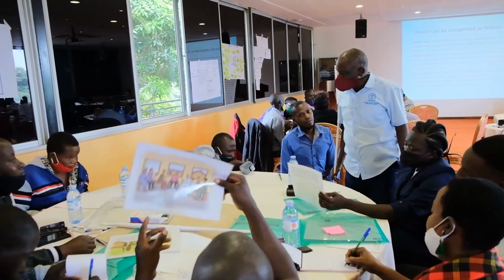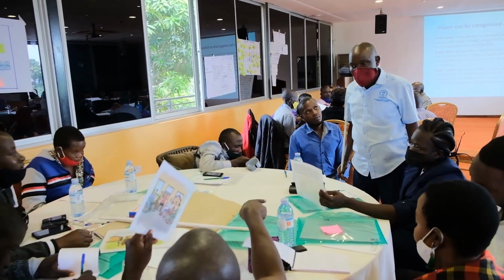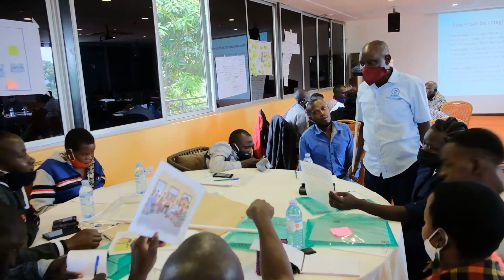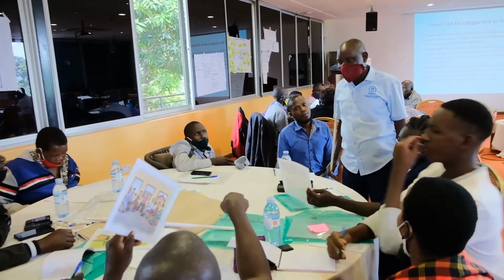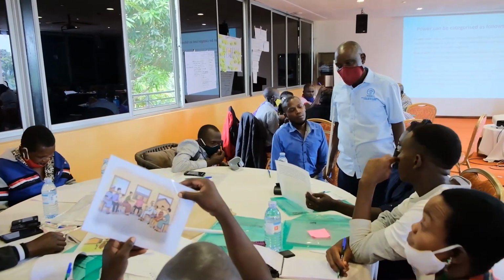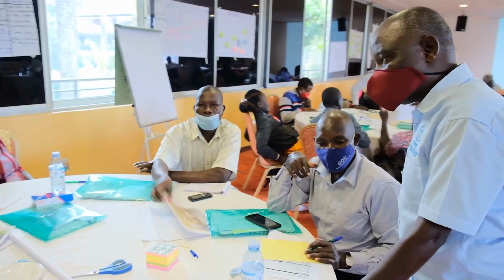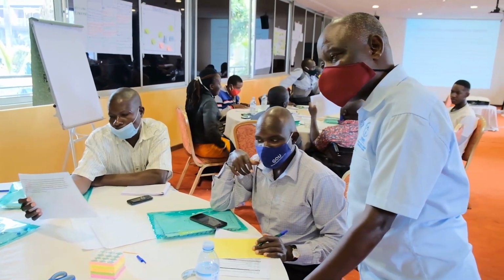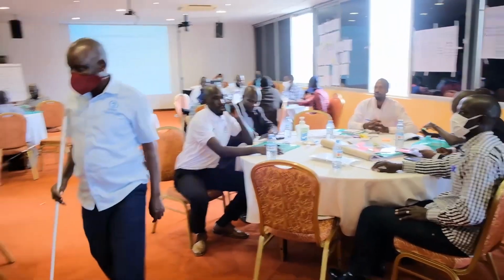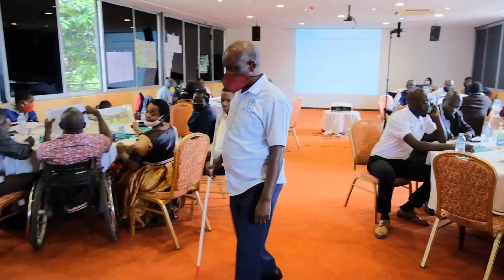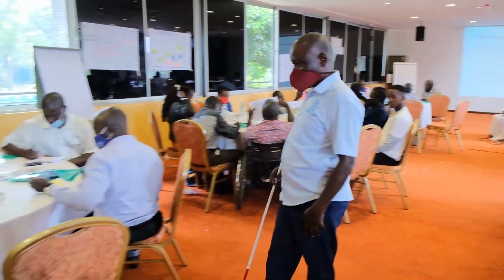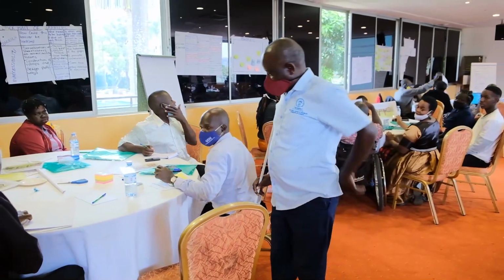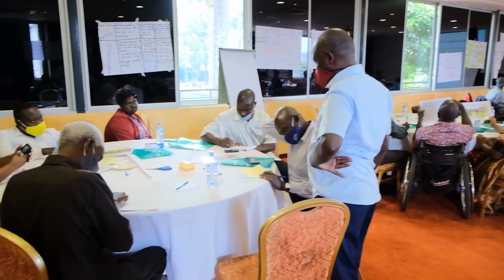This can happen when the environment is enabling. I have conducted some of the sessions that have been very practical despite the visual impairment. The first thing I've been able to do is to understand, first of all, my class, the audience, to know the participants that I have. Secondly, orient myself into the environment, that is the room where we are training from. But also 3, understanding the different needs of the participants that I'm going to engage.